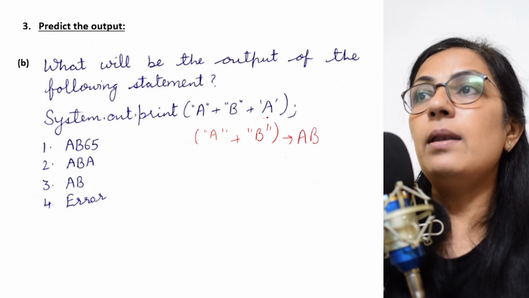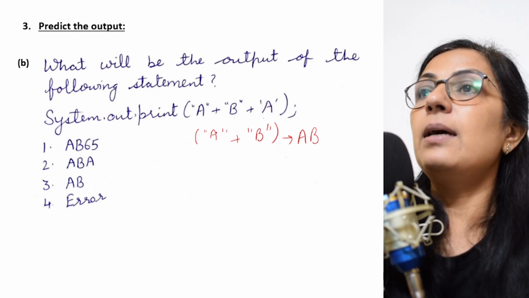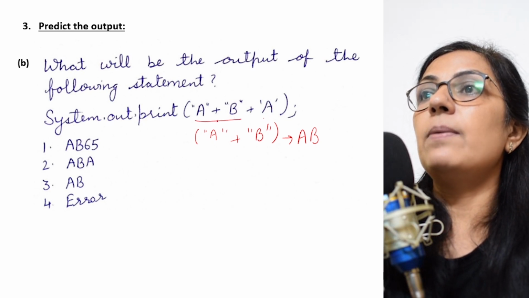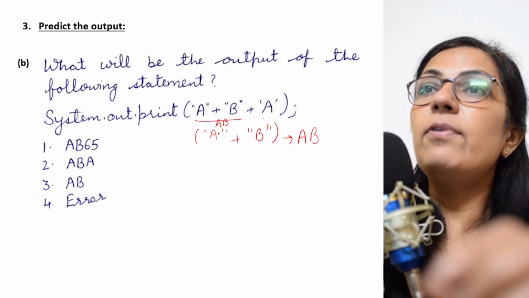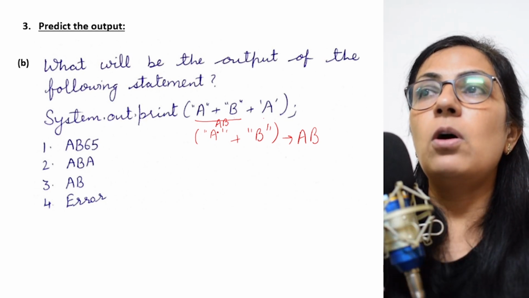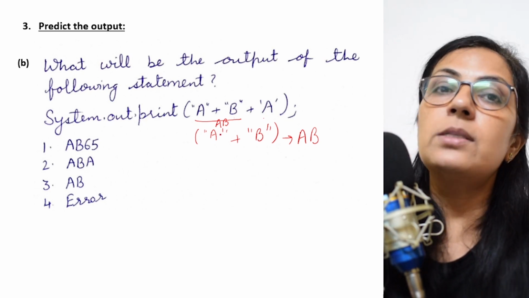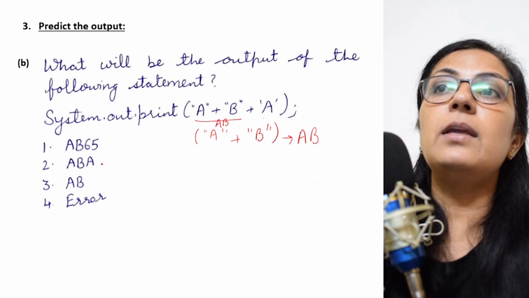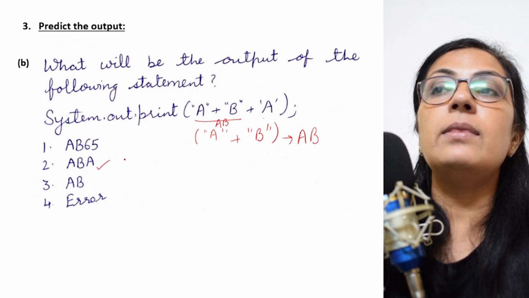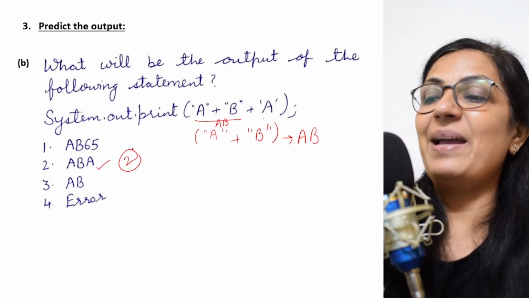Now here one character value is added, A, and here the result of this is AB. Now please note here that whenever an integer or float or char value is concatenated with a string value, the resultant value is always a string. So the Unicode of A will not be taken, it will be ABA. This option 2 is the correct answer. Please check on the Java compiler, right?